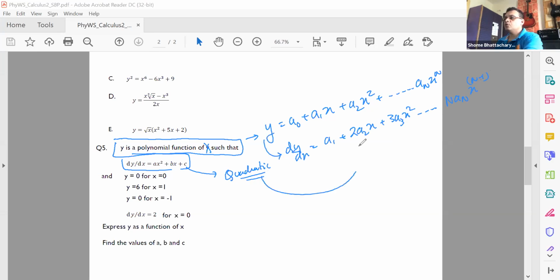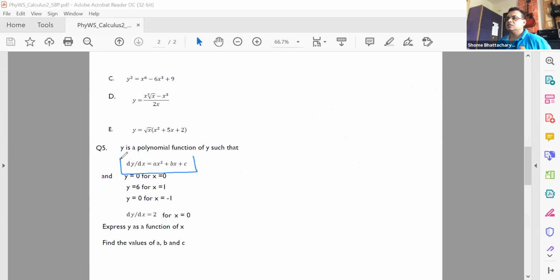But now this one is a quadratic. So that means this is going up to only power 2. So n minus 1 is only 2. That means what is the degree of the original polynomial? It's only 3. Is this point clear, Nishay? Yes, sir. Okay, so now I can simplify the question. This is just to demonstrate, but actually you can just understand this directly, that if the derivative is just quadratic, that means the function should be cubic. What should its maximum power be? It should be 3. So let's assume